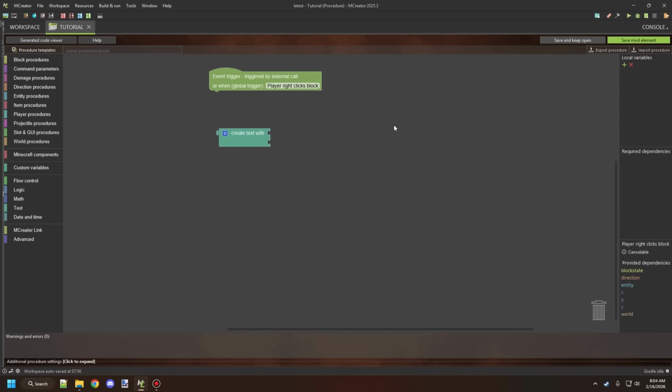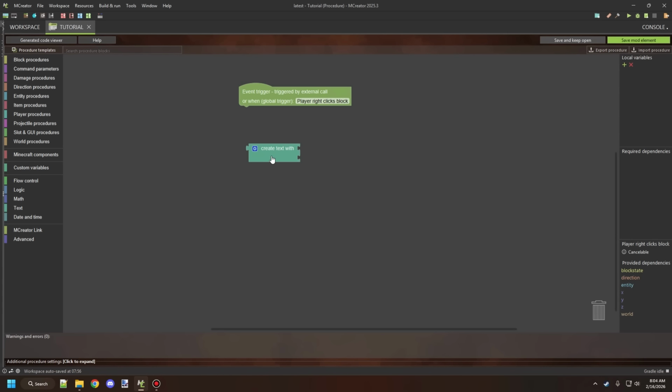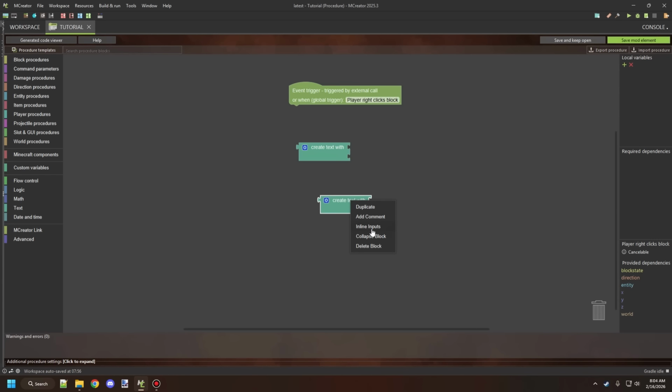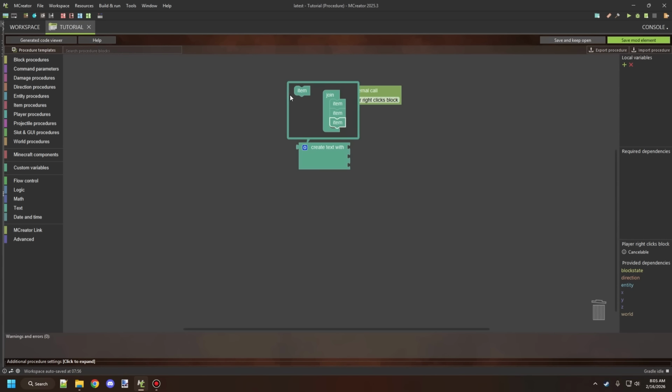So today what we're going to be looking at is the create text with block. To find this block, you can find it under the text tab, and then it should be near the top here. And once you have this block, you can customize the actions, like how many slots there are, through the gear icon right here. This is actually a little button, and you can add different items to what your specifications are for what you